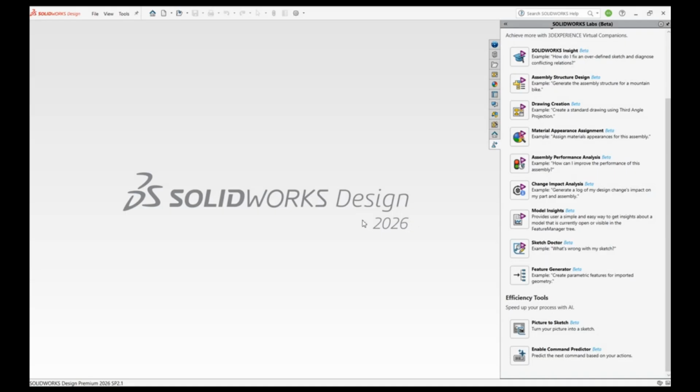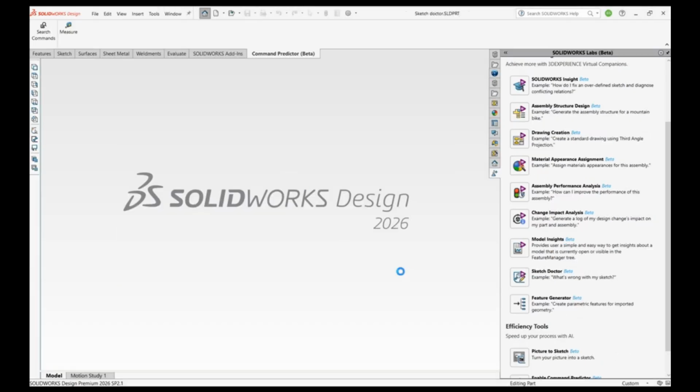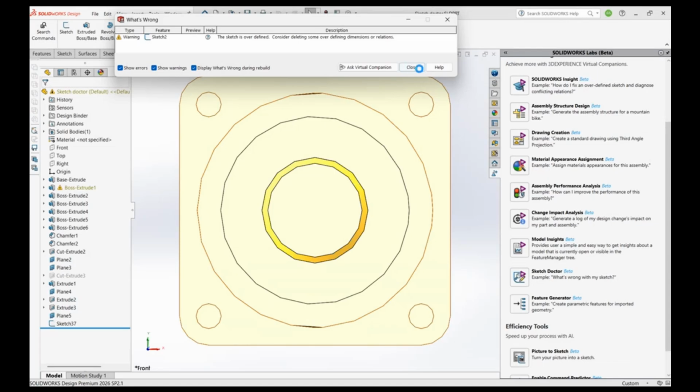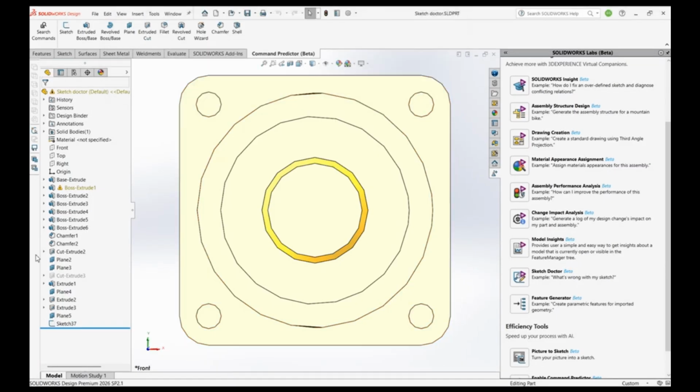So now let us go to the Sketch Doctor. It has an interlink with What's Wrong, like the first one, SolidWorks Insights. For example, if I have a component that has an error, previously we saw that SolidWorks Leo suggests what the error is and where we have to make the changes. All this information was provided by Leo. But when coming to Sketch Doctor, it is for problems related to a sketch, for example, here in this sketch we have a problem.